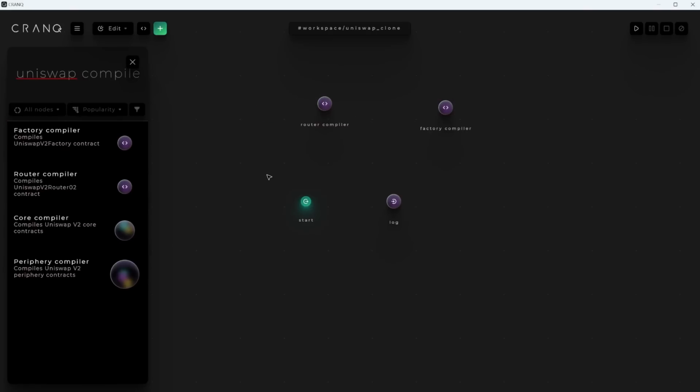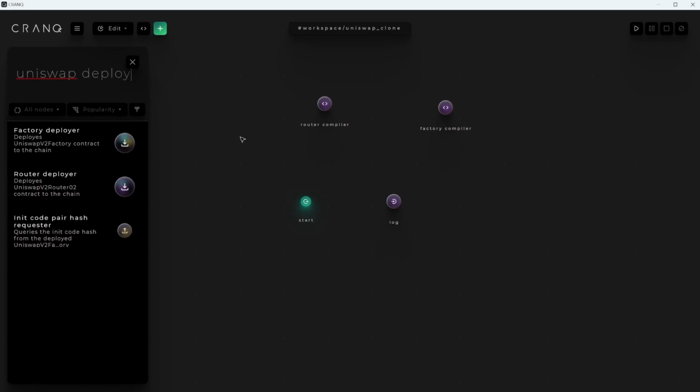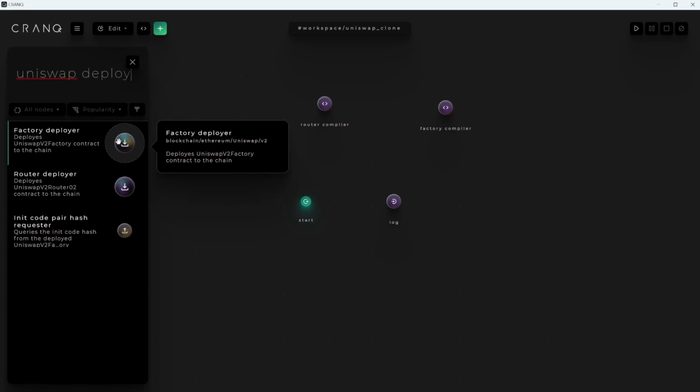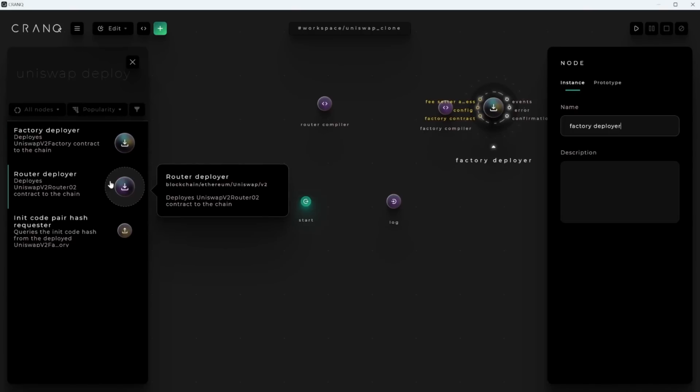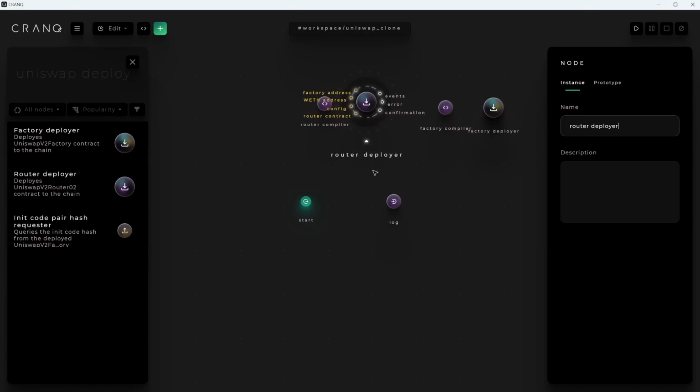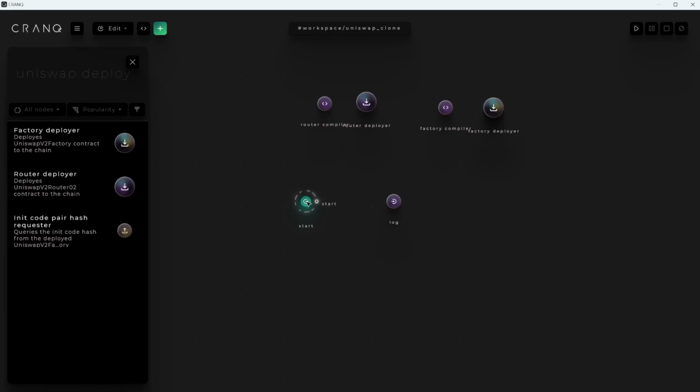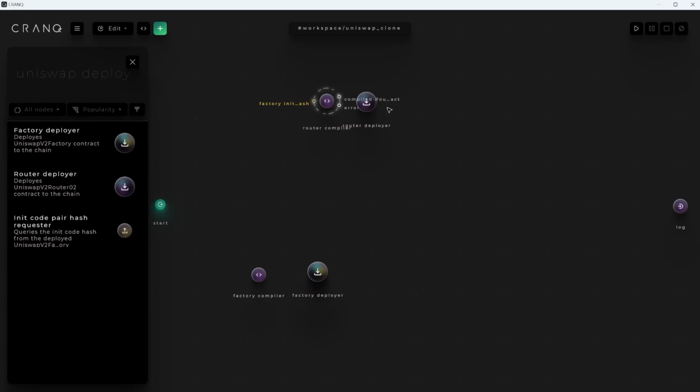Then we'll want to deploy these contracts. So let's search for Uniswap deploy. And luckily, there is a factory deployer, which we're going to put right here next to the factory compiler. And there is the router deployer, which we can put right here. Now, let's make some room between the start and the end, so we have a lot of space to work with. Now, it's simple to see that we have 2 different pairs of nodes. We have the factory compiler right here, and also the factory deployer. And we also have the router compiler